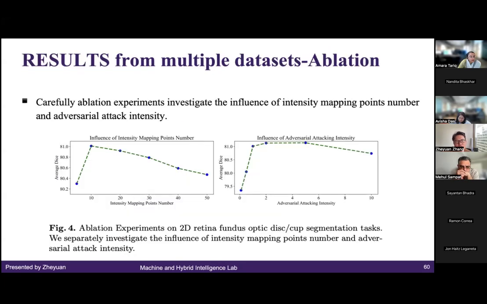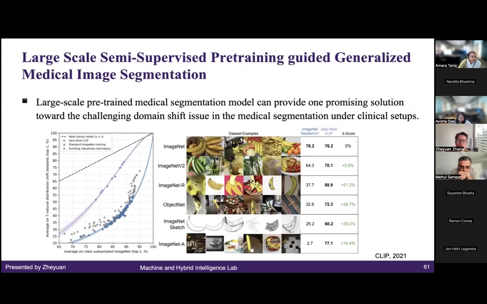Overall, these two methods still fall within the traditional methods trying to enhance the robustness of medical image analysis, particularly in the segmentation task. But I think most of us have already caught this trend in the last several years in terms of large models, particularly in the CLIP work. Here we show one figure from the CLIP paper.